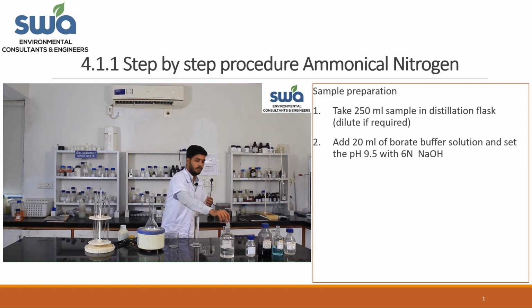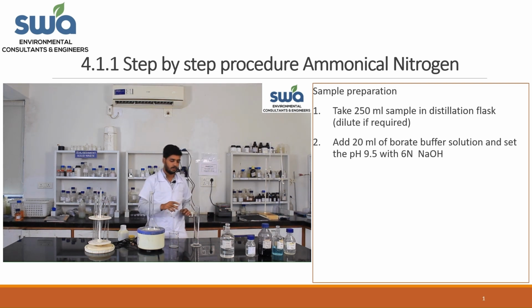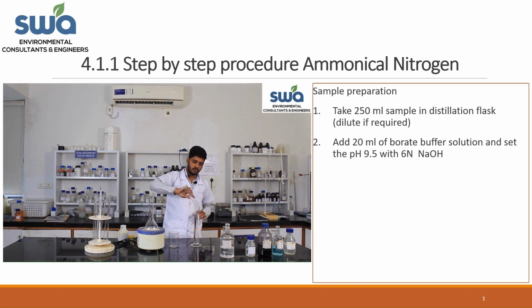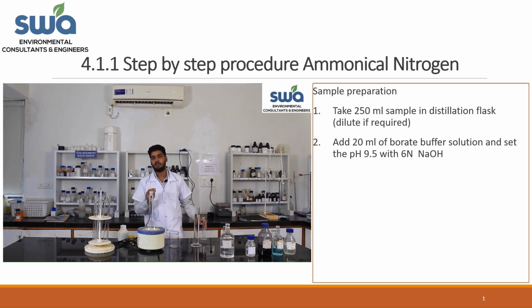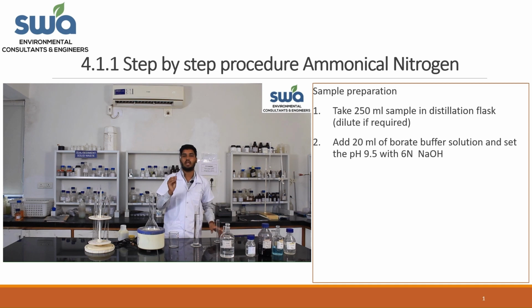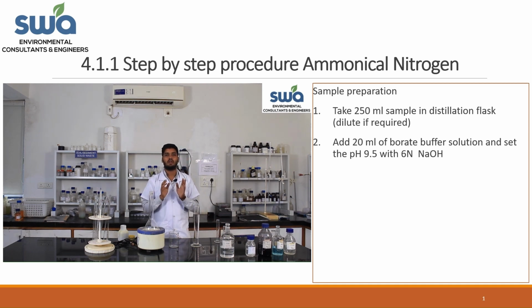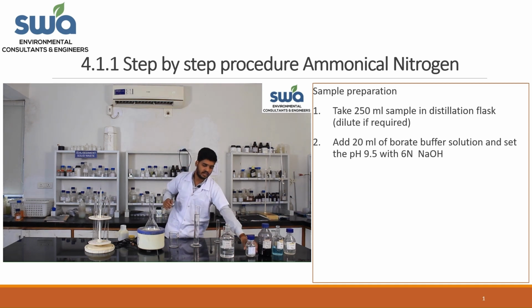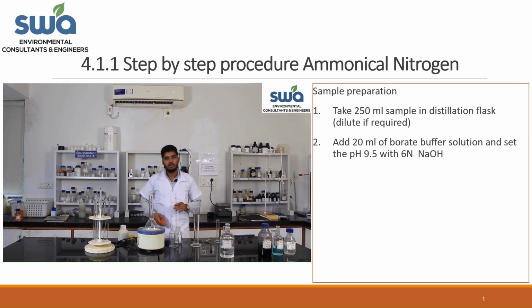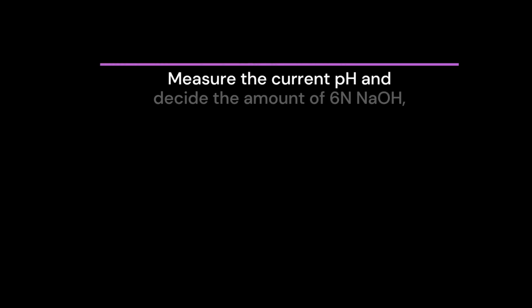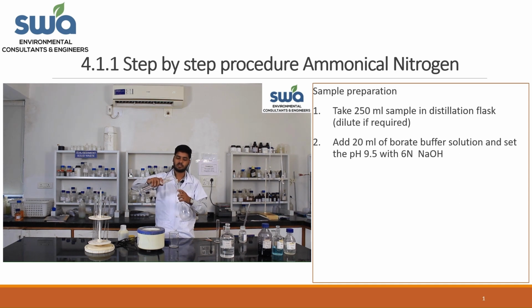So add this borate buffer solution into the sample. After that, adjust pH at 9.5 with the help of 6 normal NaOH. So here we are having 6 normal NaOH. Let's add approximately 1 drop of NaOH. Then add the 250 ml of sample into this